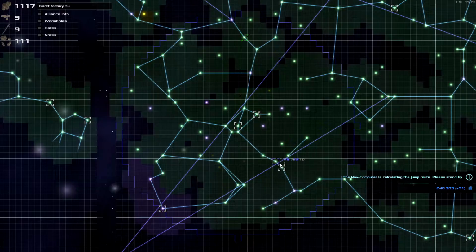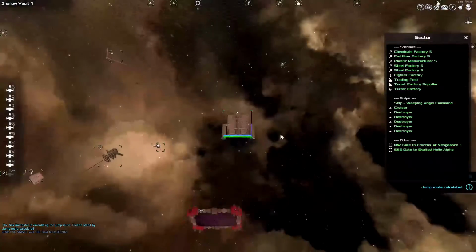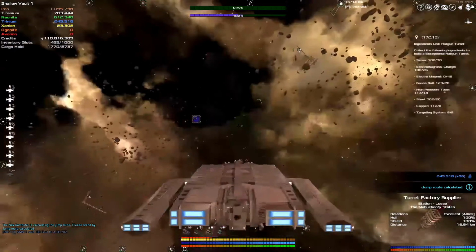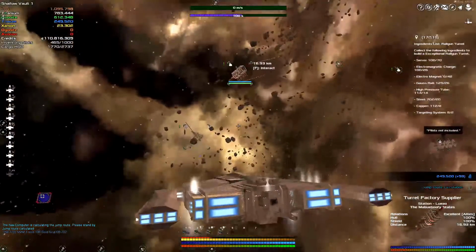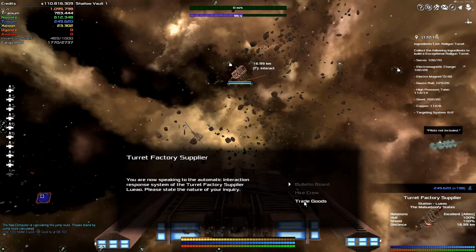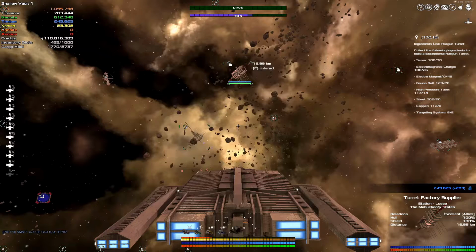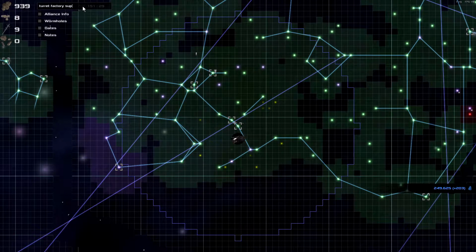Going on to our next one here. All right. F9 menu and turret factory supplier. Let's see. Hopefully they have them. They do not. So I'm going to go up to that electromagnet factory and grab some there. So where was that again? That was...